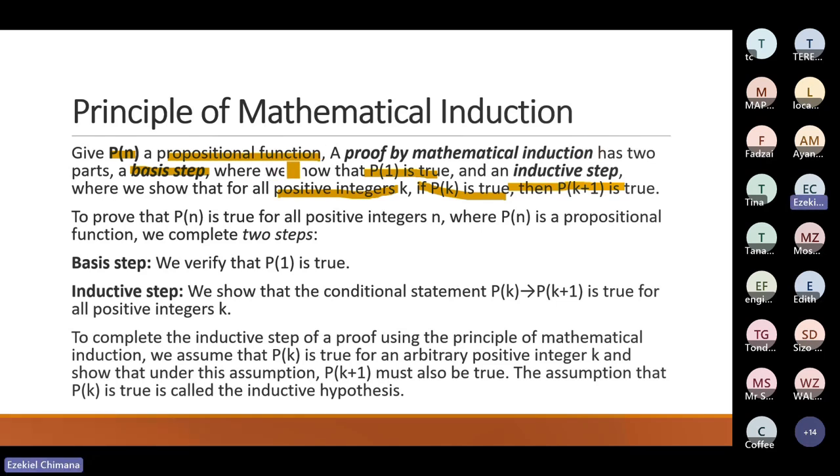It's just a mathematical way of proving statements about functions. So to prove that P of n is true for all positive integers n, where P of n is a propositional function, we complete two steps. You verify that P of 1 is true. And then after that, you do the inductive step, where you have to show that the conditional statement